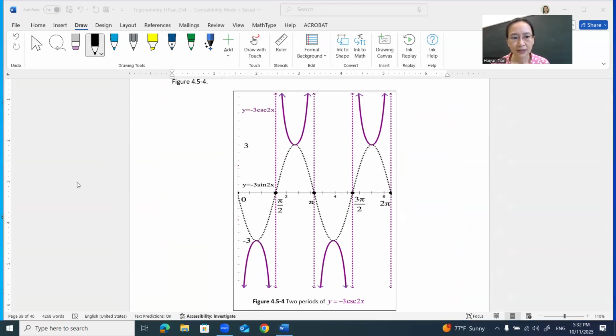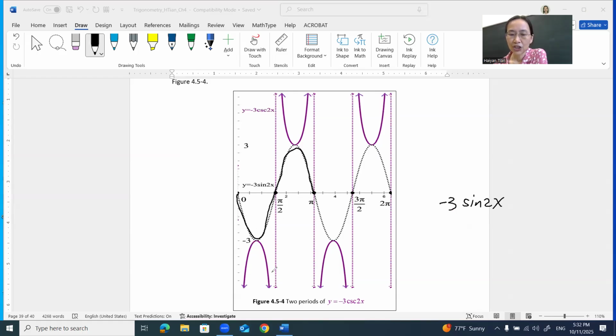The curve in the black color. So if we see the sine, this is 1 period, right? If I draw this sine in black color, 0 to pi is already 1 period, which is -3 sine 2x. And let's see for this 1 period,